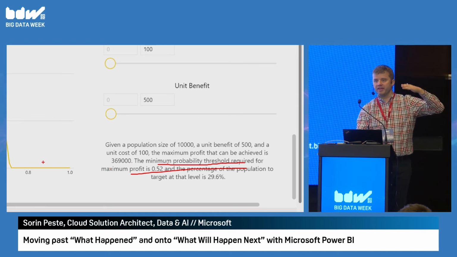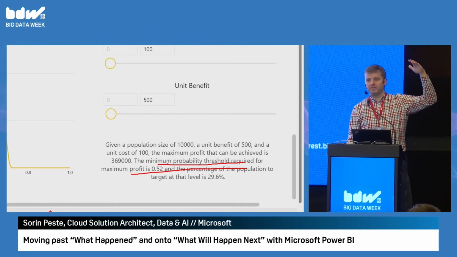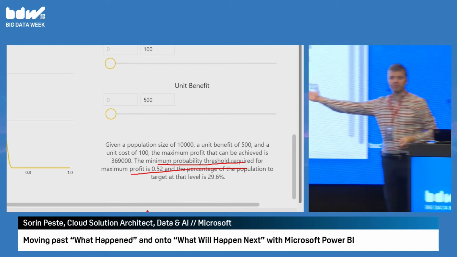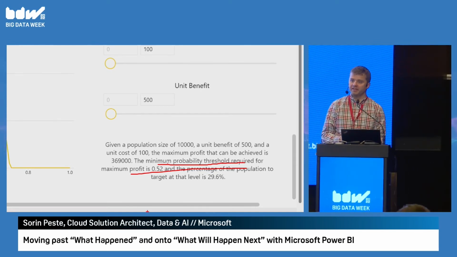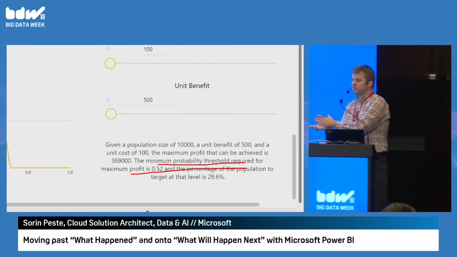So essentially what it's saying, the model is making a probability estimation. It's saying this is a 69% chance of churning. Everything that's above 52%, you should go and target. Everything that's below, you should not, because it's probably just wasted money, right? So that's kind of what it's trying to do.